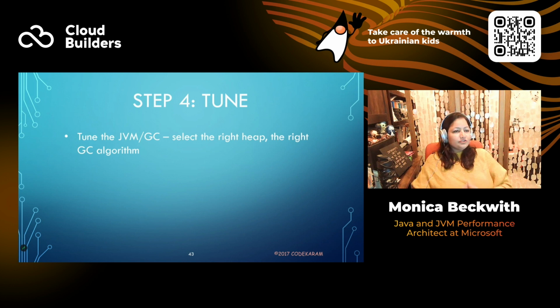So, tuning the JVM is what we've got today. This is from an old presentation that I had. What I want to say is that a lot of the JVM and GC heuristics are really important, and, at least in OpenJDK, they're geared towards different applications and different bottlenecks that they're trying